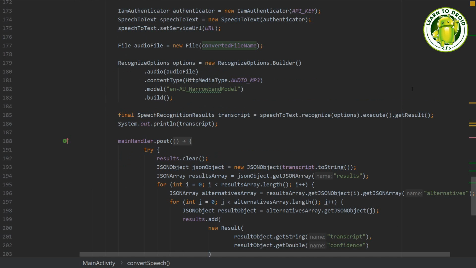After that, we'll set up the speech to text service from IBM's Watson library. To do this, we will need to create an IAM authenticator object, passing our API key. Then we'll create a speech to text object, passing the authenticator as an argument to the constructor. We'll set the service URL on the speech to text service to the base URL we've gotten from the IBM console. From there, we'll set up a file variable, which points to the audio file of the converted file in